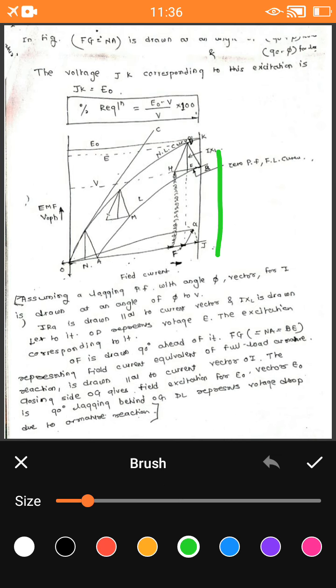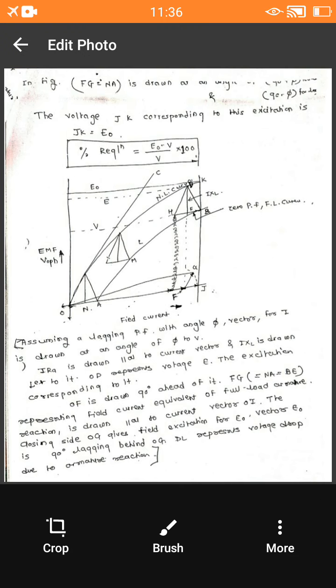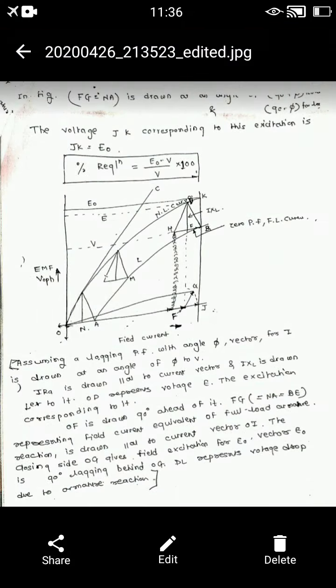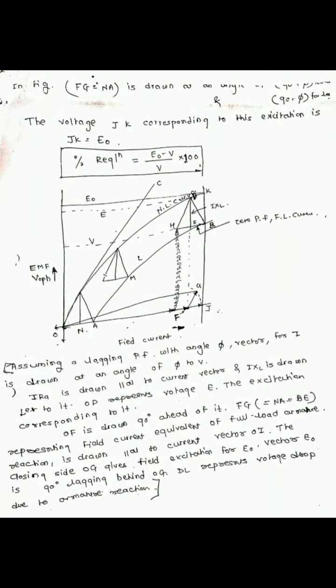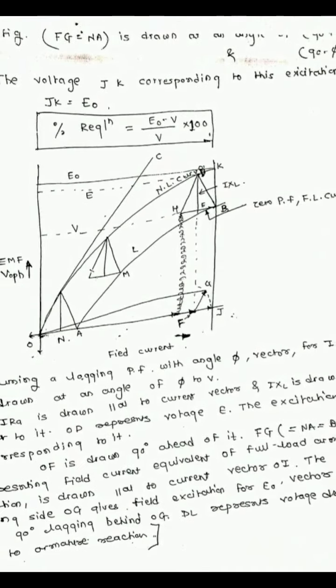So the voltage GK will show you the value EA, and from EA we will get the value of excitation. So GK is equal to E0. So percentage regulation can be calculated for the zero power factor triangle method, that is, percentage regulation equals (E0 minus V) divided by V into 100. So this is the procedure for plotting a zero power factor curve for finding out the voltage regulation of